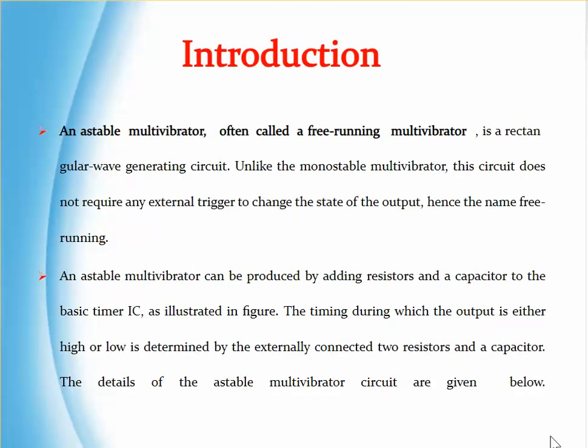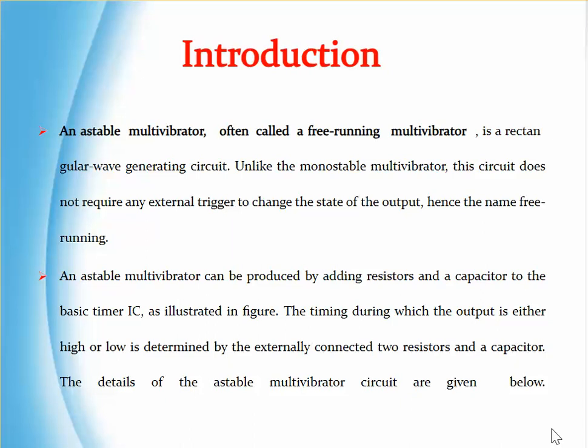So we are going to see now the Astable Multivibrator. Astable Multivibrator is also called a free-running multivibrator. It is called a free-running multivibrator because it does not require any kind of input. It is going to be like an oscillator, which does not require an input, but it is capable of